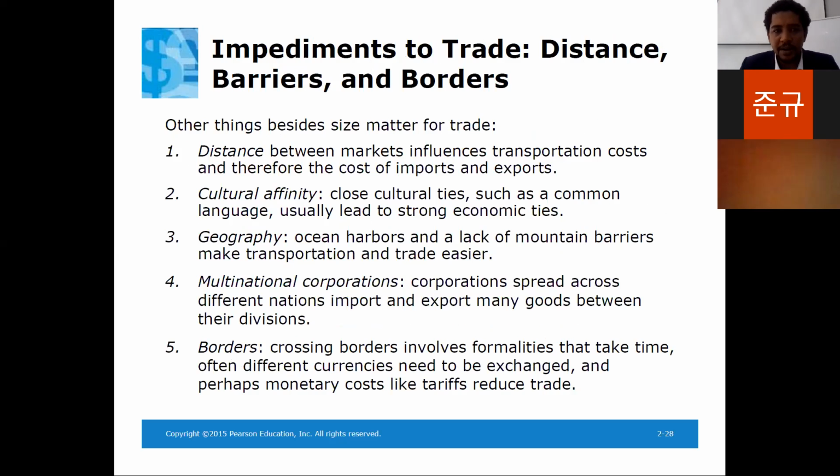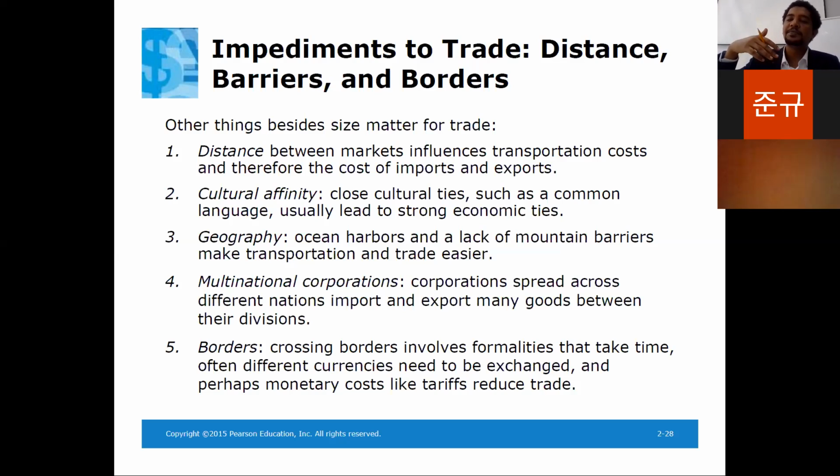So these are some of the impediments to trade: distance, barriers, and borders. Borders could also be barriers to international trade, okay? So other things besides size matter for trade. Distance, as we have said, because